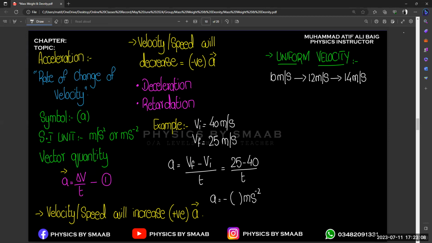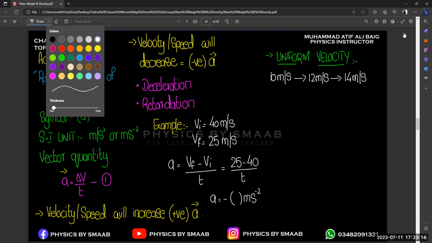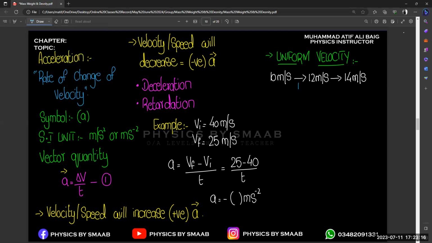So you observe that your speed is increasing, right? But in a constant way, in equal intervals of time. The first change happens in 1 second, and again this change happens in 1 second. All changes happen equally in an equal interval of time. So when you are moving equally in both concepts of time and distance, your velocity will be constant or uniform, right?